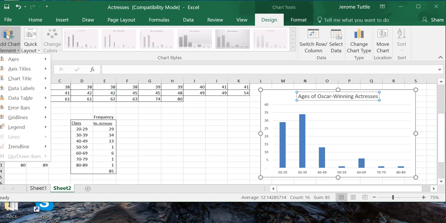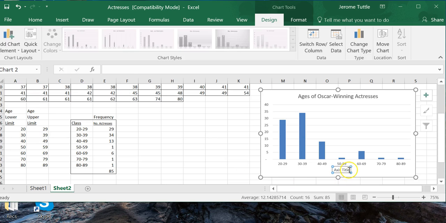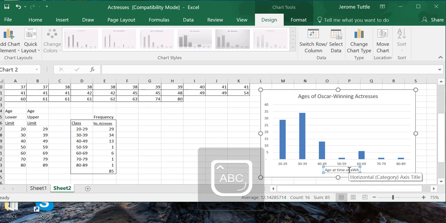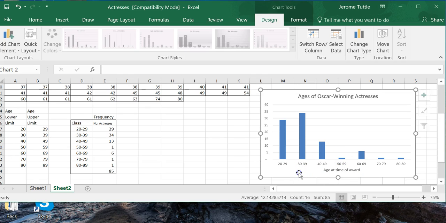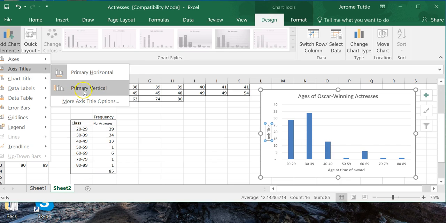Click Add Chart Element, Axis Titles, Primary Horizontal, add age at time of award. Click Add Chart Element, Axis Titles, Primary Vertical,